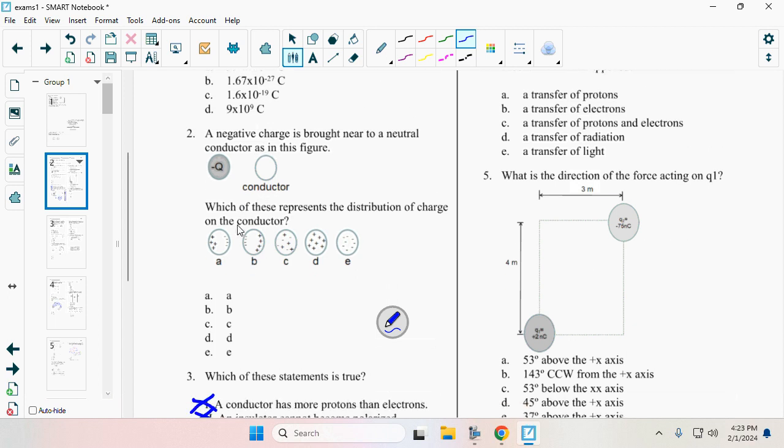Yeah, so a negative charge is brought near to a picture, and so what picture are you talking about? Yeah, I see what you're saying. So if we have, I think,